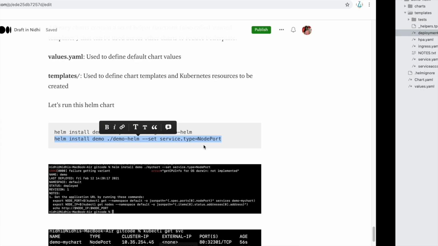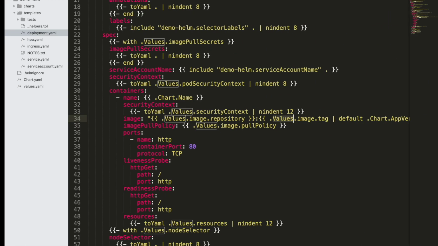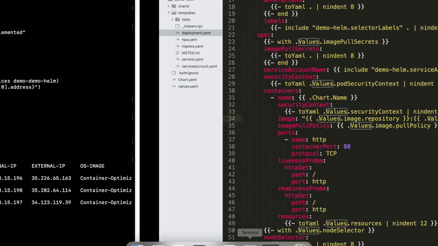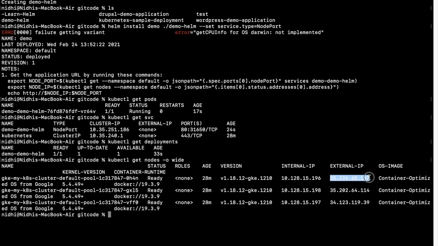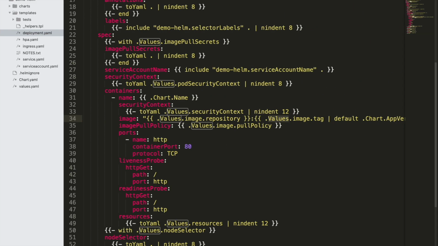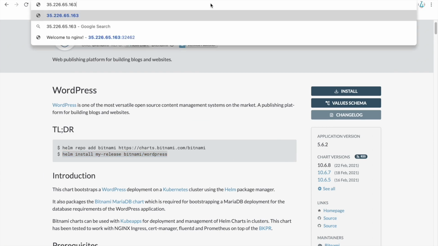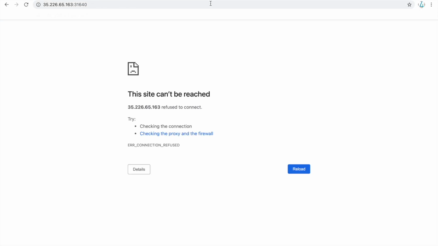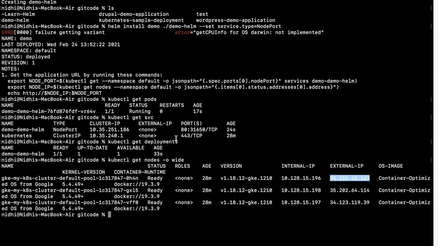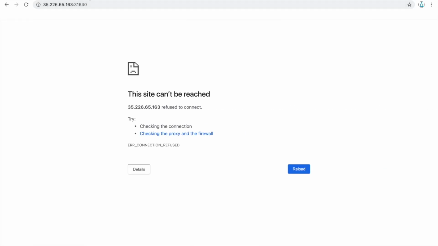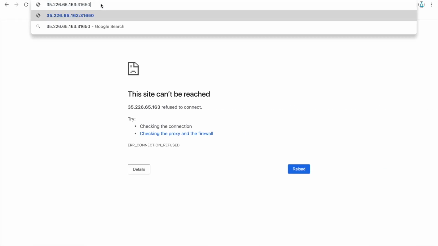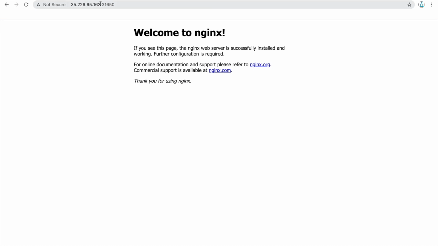So you can grab your external IP and add the port, 31650. Here you can see that I'm able to access this Nginx service. This is the default configuration.